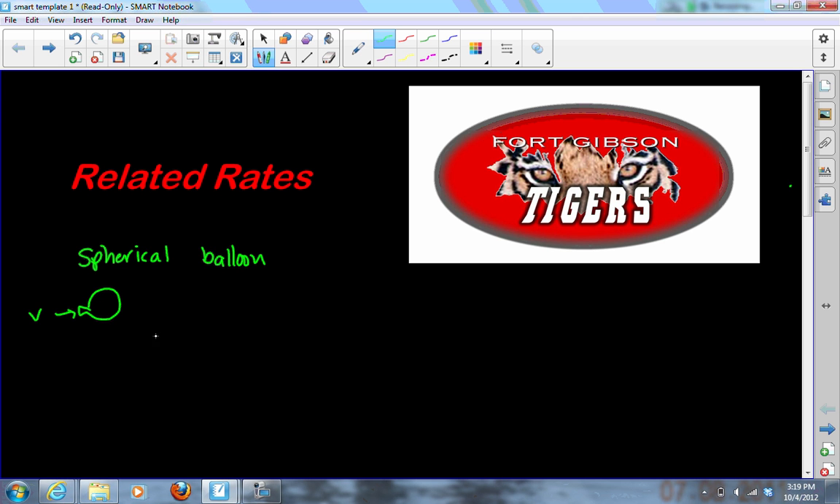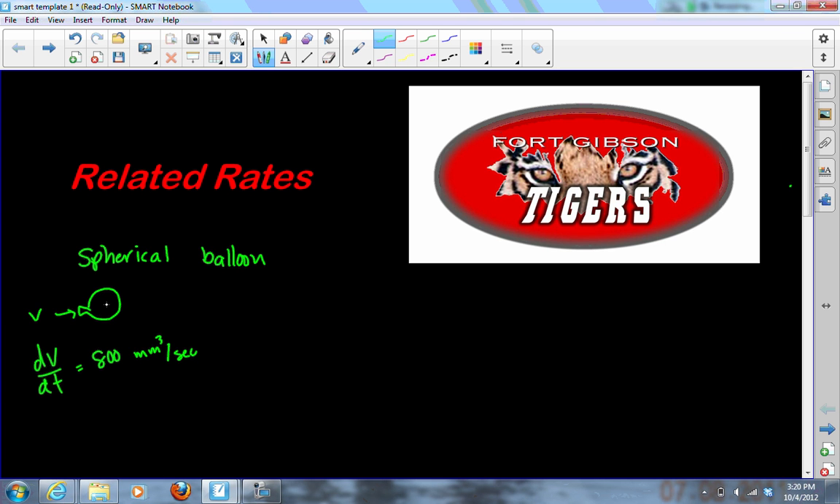got volume coming in the balloon, and I'm blowing this balloon up at a rate of, I don't know, let's say 800 cubic millimeters per second. And that may or may not be a lot. I guess that is quite a bit. But either way, let's say I'm blowing this balloon up at that rate, and I want to know something about